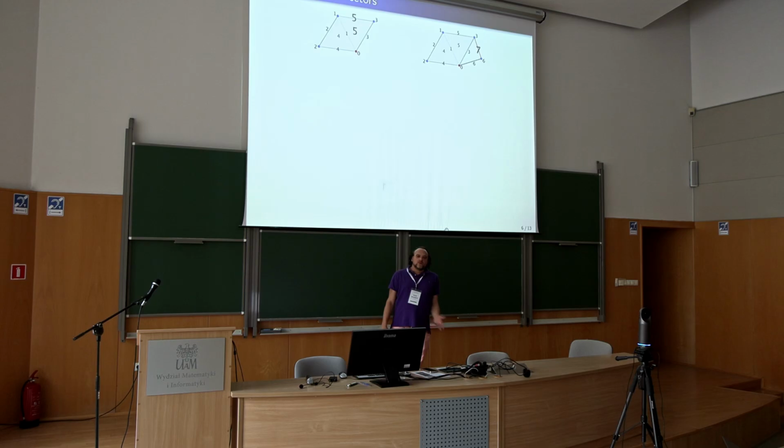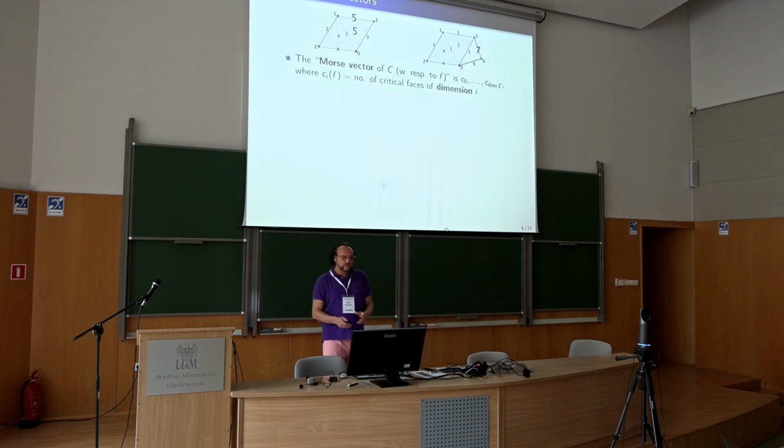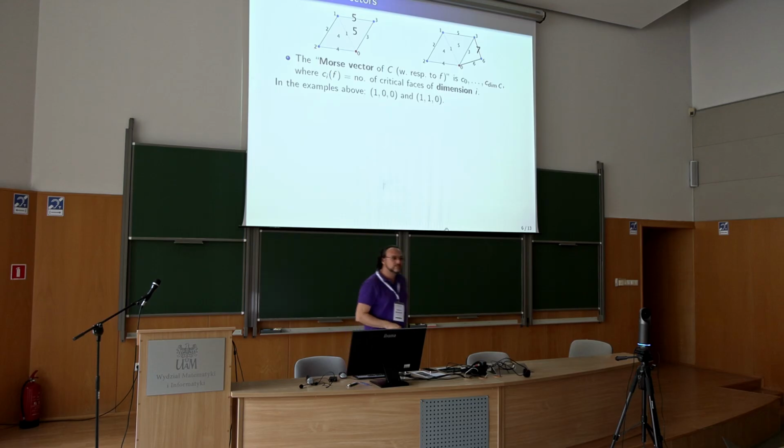Okay, so there's an important result by Forman, which is as follows. So first of all, I need to tell you what this Morse vector is. Typically, it counts the number of critical phases dimension by dimension. So in this example, like here, 1, 0, 0, because there's one critical vertex, 0 critical edges, 0 critical triangles. And over here, instead, it will be 1, 1, 0, because it's one critical point, one critical edge, 0 critical